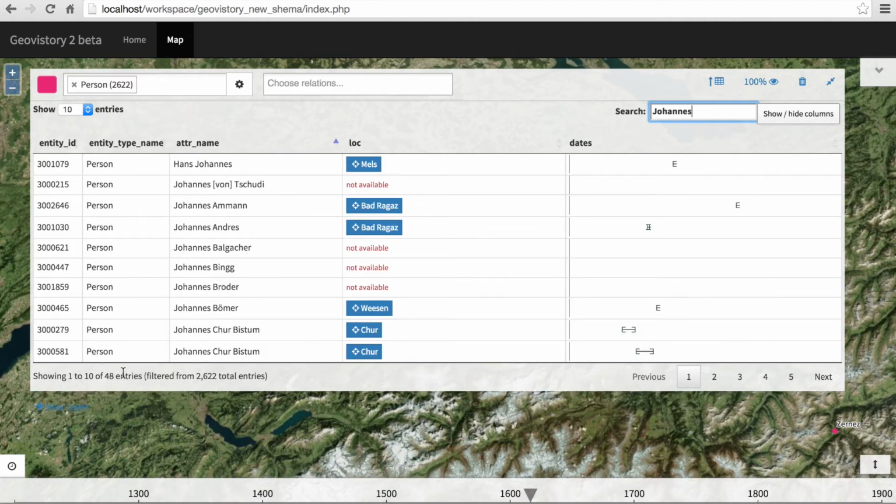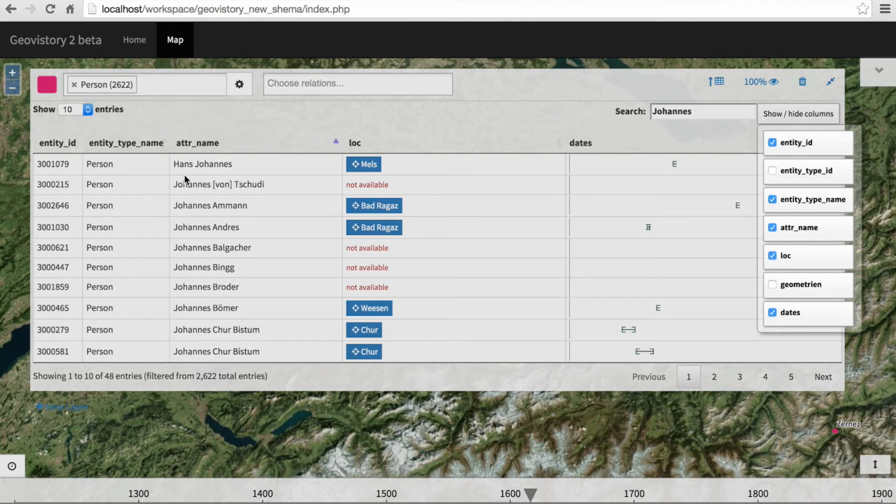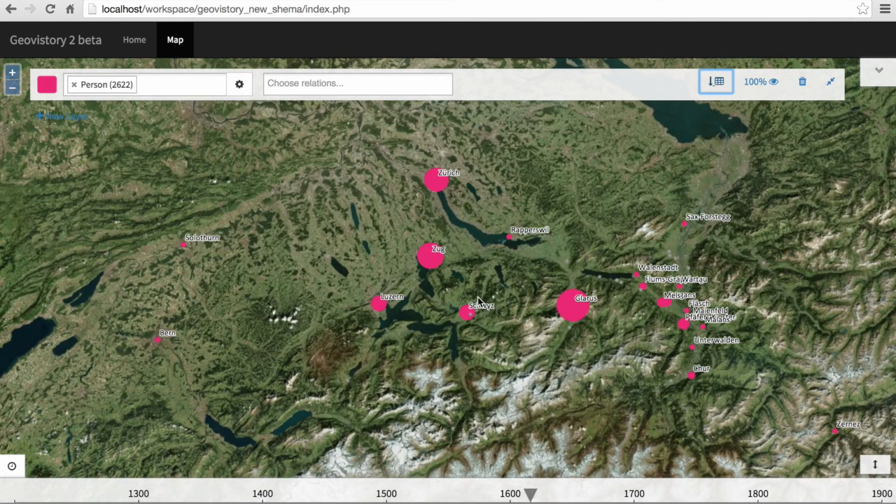This dataset contains 48 Johannes. Every person has also a unique identifier which could be used to link to external information about this person. A slide through time does already reveal some patterns, although we have to be very careful when we interpret this still very incomplete dataset. In the 13th and 14th century, many castles do appear as place of residence,